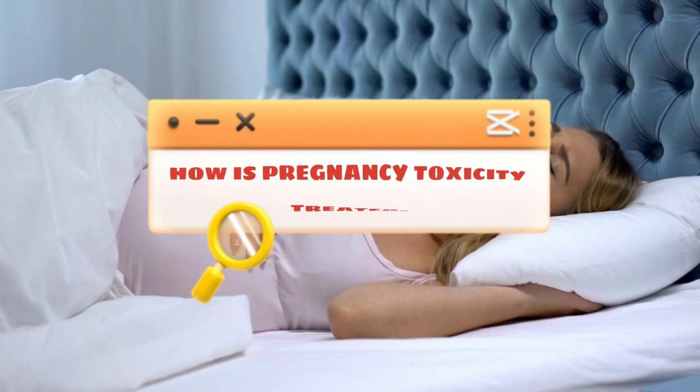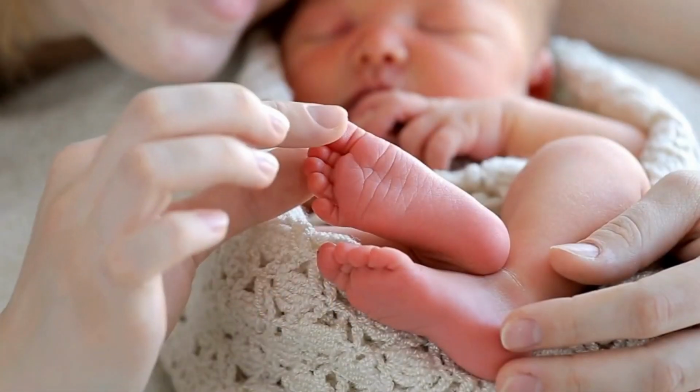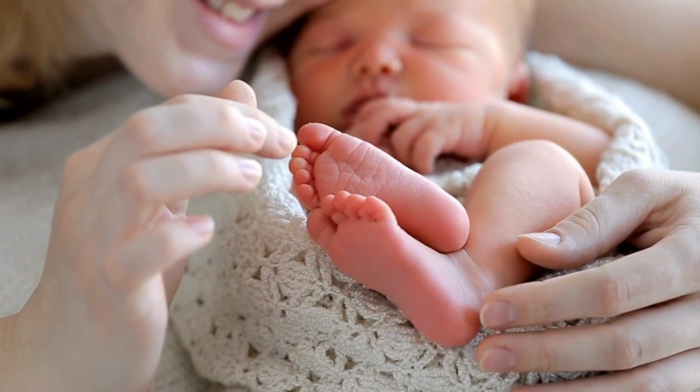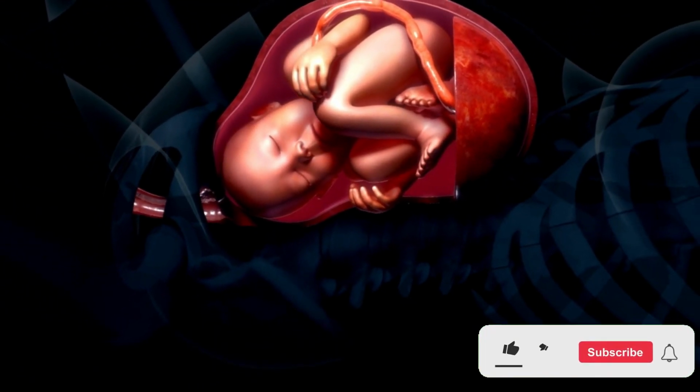The treatment of pregnancy intoxication can vary depending on the severity of the condition. If the condition is severe, it can put the life of the mother and baby at risk. For this reason, doctors may decide to give birth for definitive treatment. However, if preeclampsia does not cause serious symptoms and the baby is well positioned in the uterus,